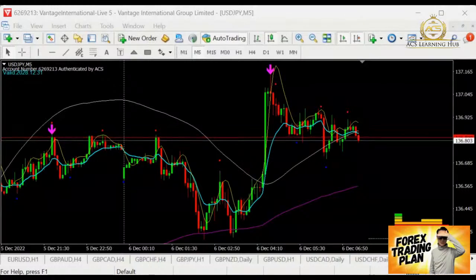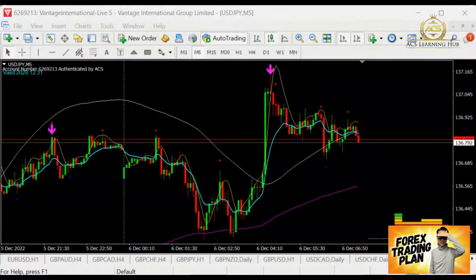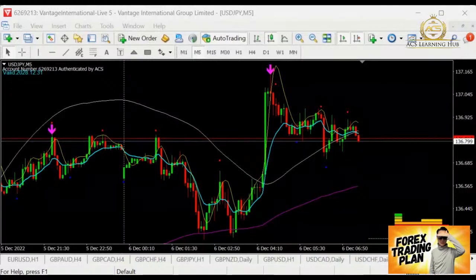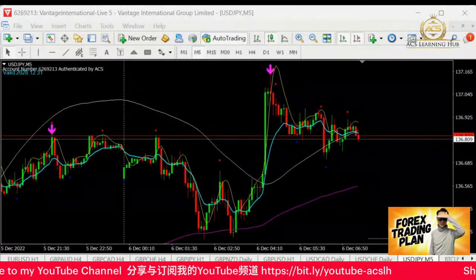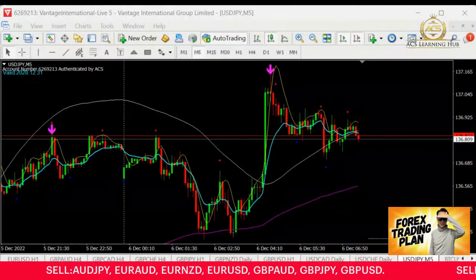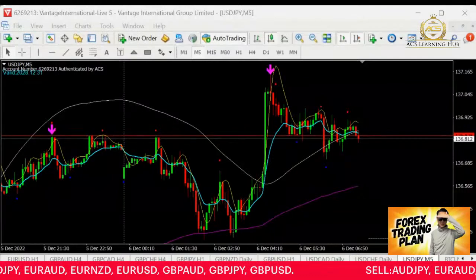These are the currency pairs that I'm looking out for selling. But of course things may change along the way, so we will need to update it again in my live session in the London session here. So you can take a look whether there are any changes. I will be coming in another 1.5 hours to go for live trading. These are the currency pairs that I'm going to start selling.